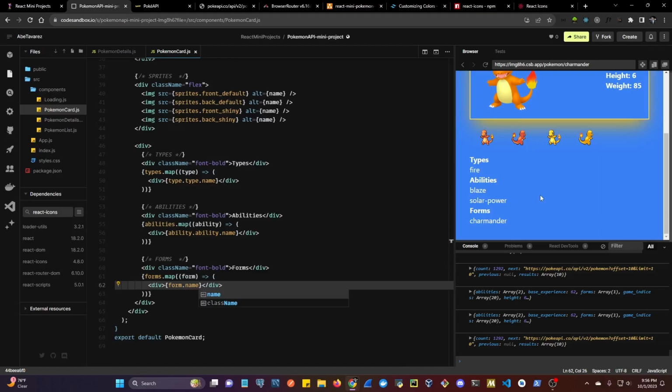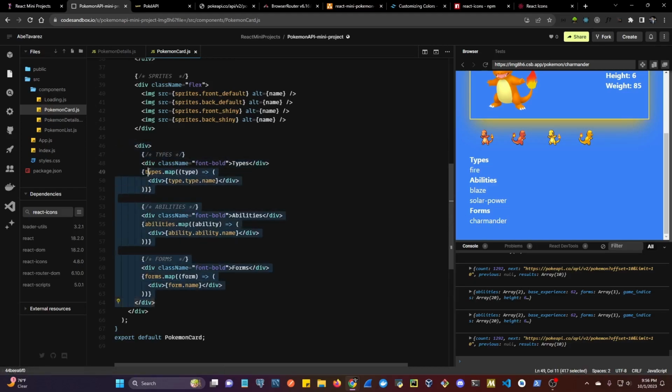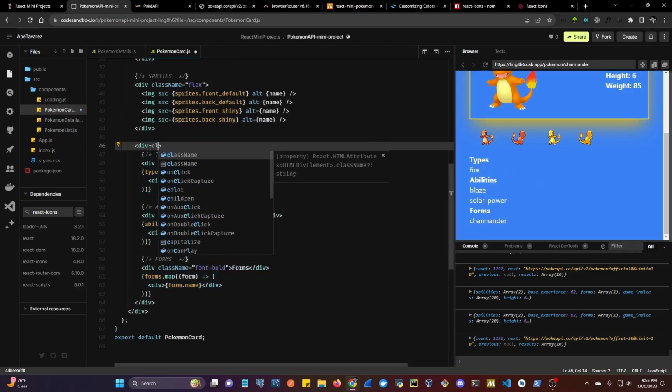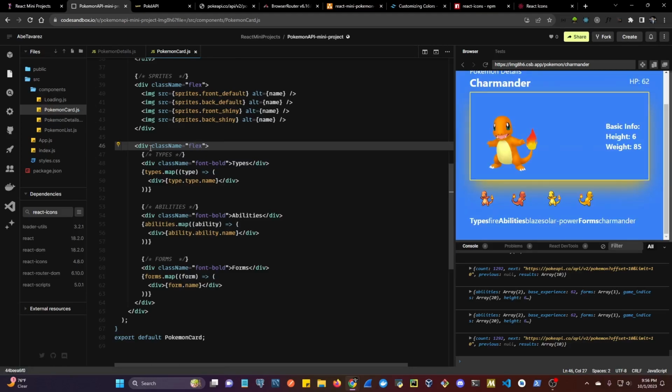All right, so right now we have the types, the abilities, and the forms. So in here, all we need to do is in this div that we're wrapping all of these here. So we're just putting all of these things together. So here we could add a class name of, let's use flex again, but then we're going to say justify-around, so we can add some space around. And then